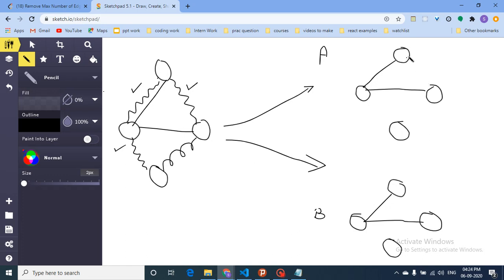No, because this is actually a single component only. I don't actually want to connect another edge to make this connected because it is a single component. So don't add this edge. Now this one more edge, this. Should I connect this edge? This is also connected in one component, so don't add this edge also. Should I connect this edge? Yes, because these are different components, so I will connect this edge.